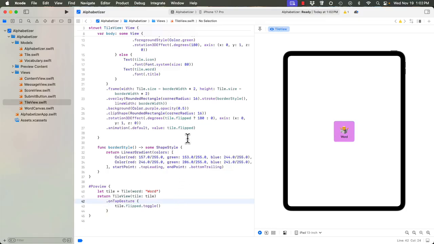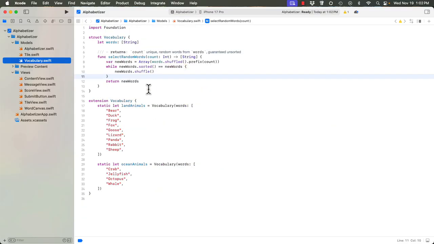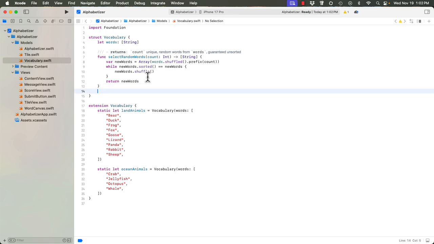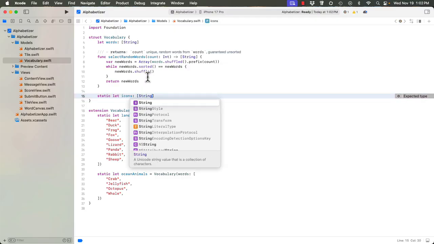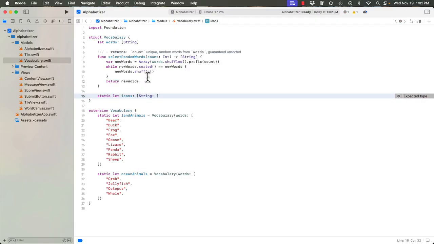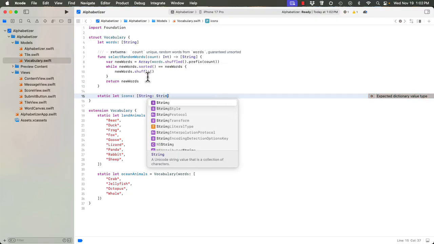Let's go to the vocabulary, and here we need to declare a list of icons so that we can reference an icon for each item. And so if we come below the select random words method, then we say static let icons. So this is a computed property, and it's a dictionary. So a dictionary has two values. It has a key and a value,